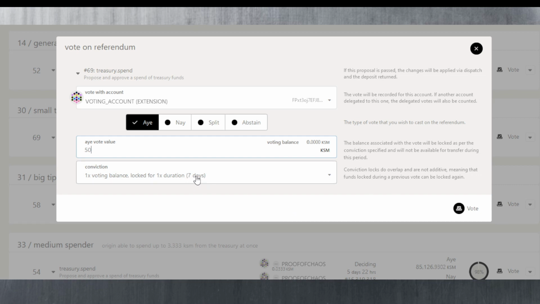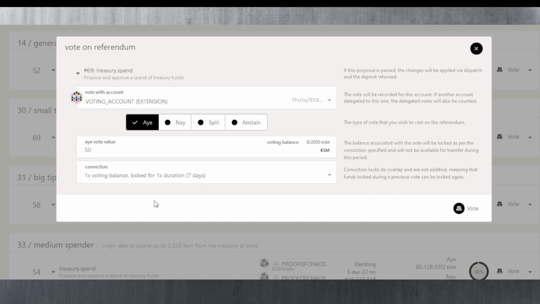And on top of that, the main account would also use 10 Kusama with 3x conviction because that's what we've been given. That's what was delegated to us. So it all depends on what they delegate. It doesn't matter if you vote with 1 Kusama. It doesn't matter if you use 6x conviction or 0.1x conviction. At the end of the day, the person that has delegated their Kusama to you will always be voting with